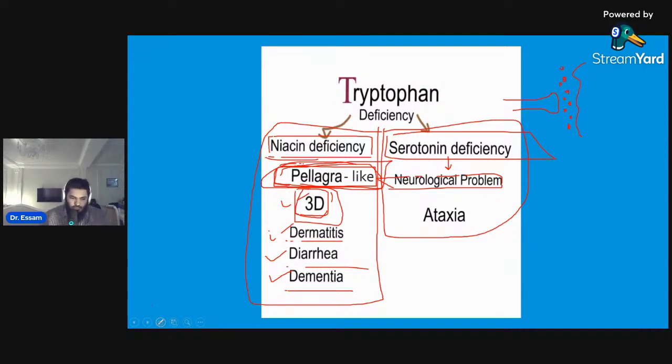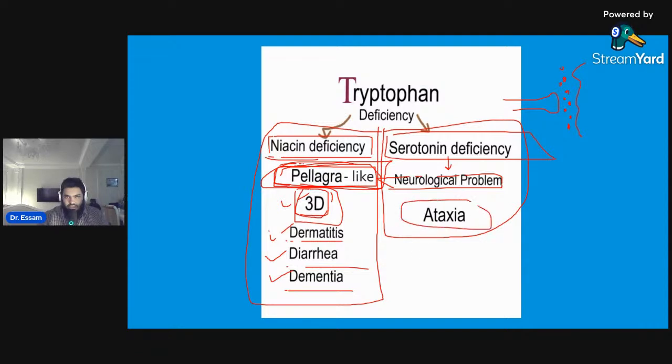What is dementia? Yes, somebody has answered. Impaired ability to remember, and similar to Alzheimer's. Yes, very good. No, dermatitis and melanin are not related. I'm sorry, that's wrong. Okay, so let me tell you the meaning of all these.